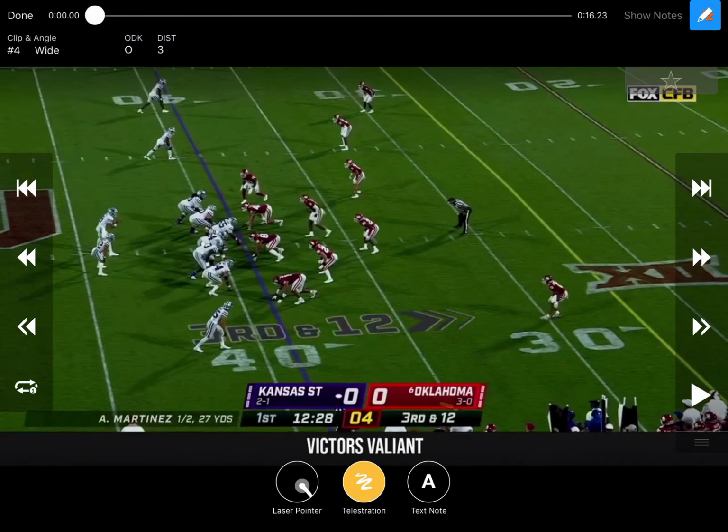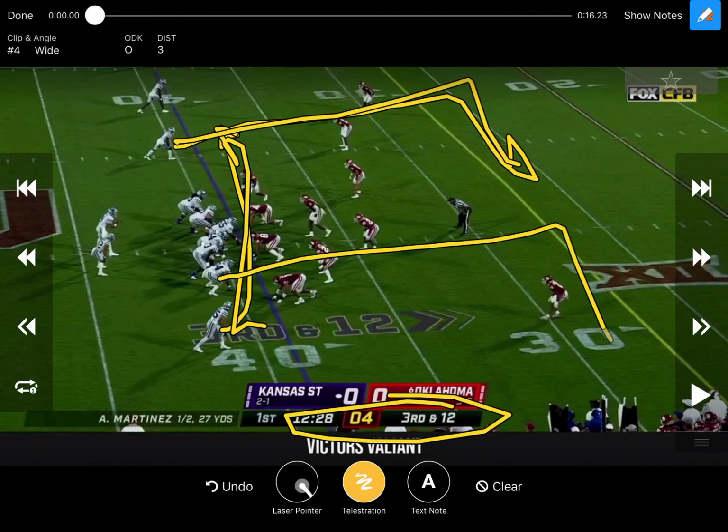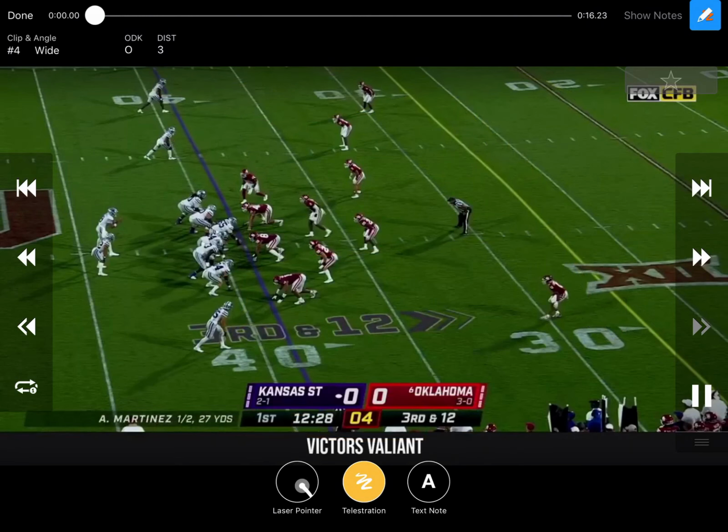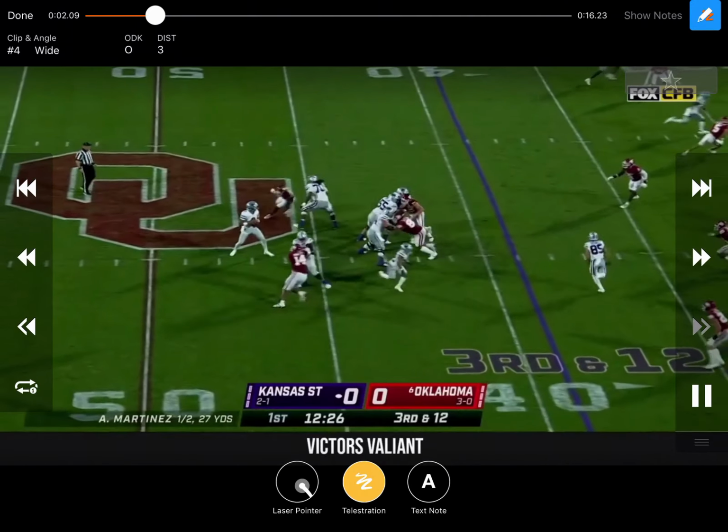Right here's a look, a 3rd and 12, again in the very first drive, so the same one that we've been looking at. And I think they're running a little bit of a shallow concept, so probably some kind of shallow dig there from that side of the field. He free releases, probably running some kind of out, possibly a post there over the top. So with that being said, trying to throw that shallow, all that stuff, to get a completion, to get a first down. But right here, what I really want to see is just kind of Adrian Martinez and what he